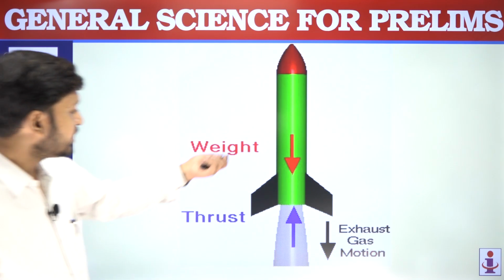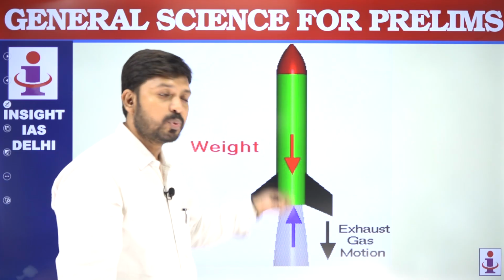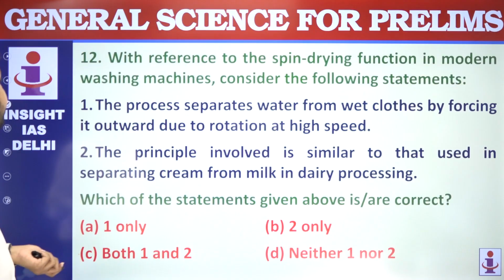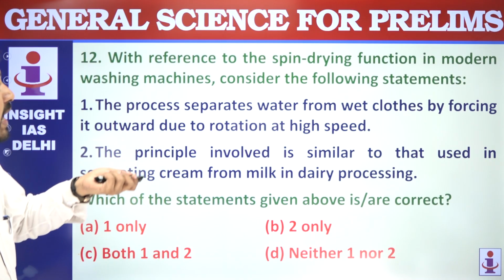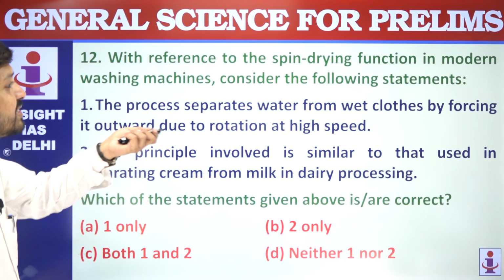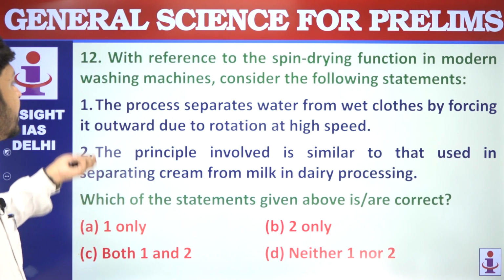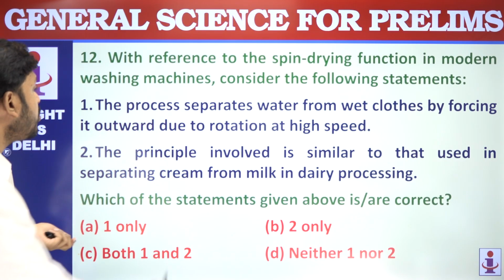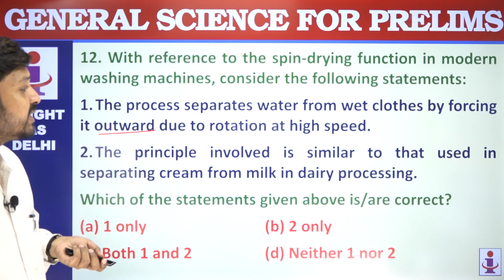So this is the exhaust gases, whatever that are coming, they will try to push this one because the thrust will be there in this direction because of the exhaust gases. With reference to the spin drying function in modern washing machines, consider the following statements. Okay, let's read. The process separates water from the wet clothes by forcing it outward due to rotation at high